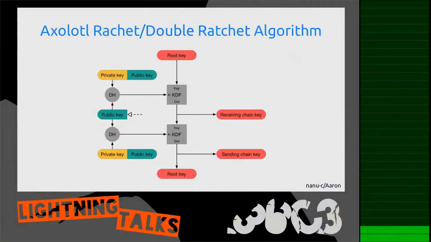Okay, my talk is about axolotl. It's this small animal living in Mexico City, but it's nearly dying because of environmental issues. But Axolotl is also the encryption